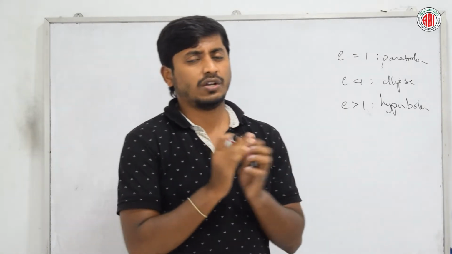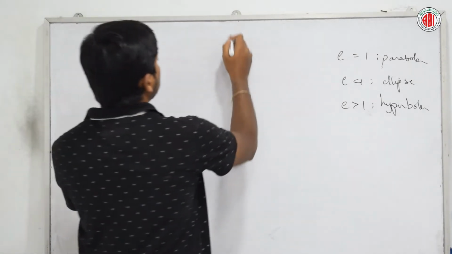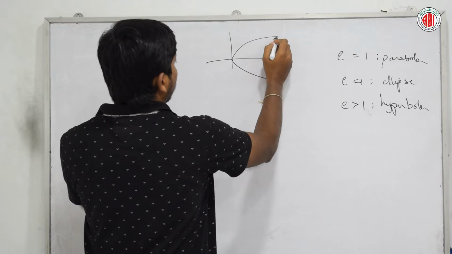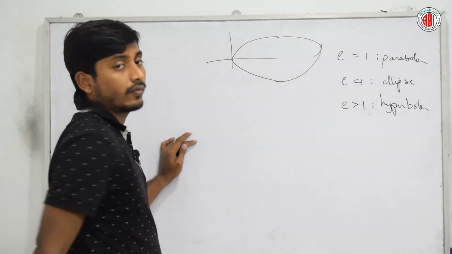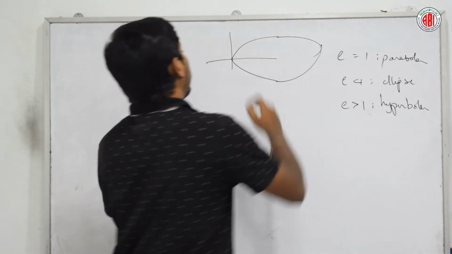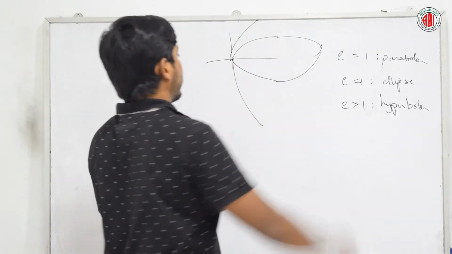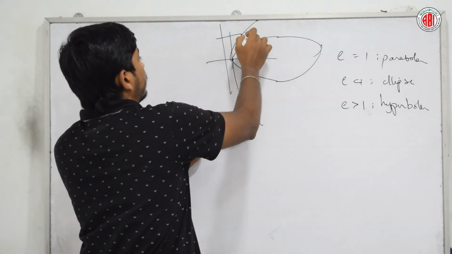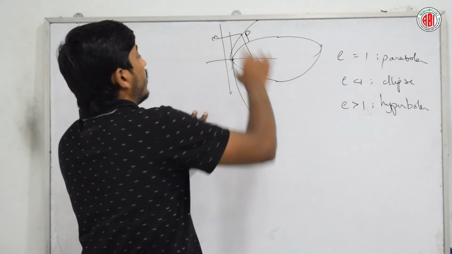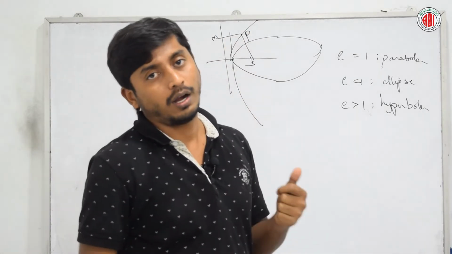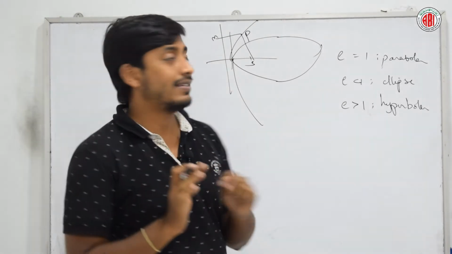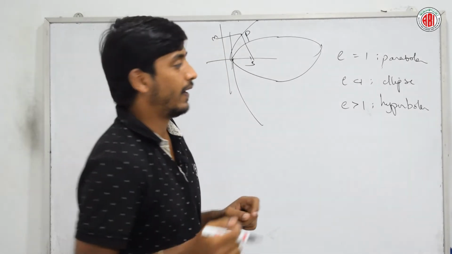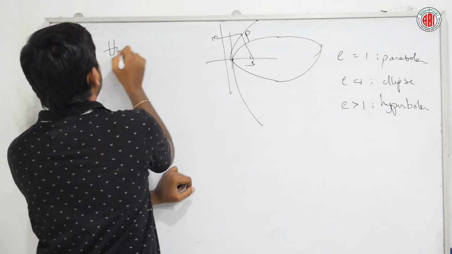A simple way to see it: a parabola will look something like this. An ellipse will go and end somewhere, whereas a hyperbola will never end, it will go on like this. That's because the eccentricity SP by PM is always greater than 1, which is the reason the hyperbola will never end. Fine. So we are going to start a new chapter,